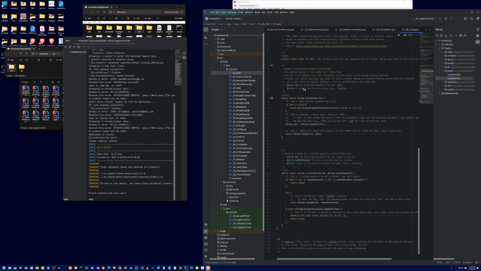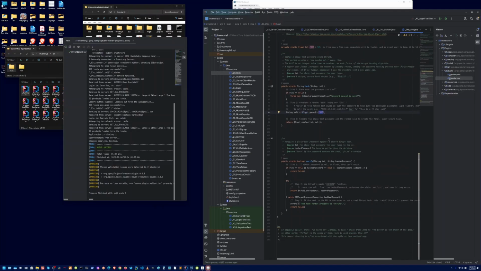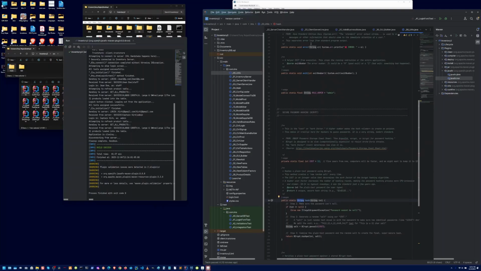I'm explaining here what it does. It takes one parameter, which is a text file or text input, and it hashes it. And it's using bcrypt with a generating salt based on the cost, and it gives you the result, which is a string. Okay, and that string is the one that's going to go into the database. And I got many other utilities, but